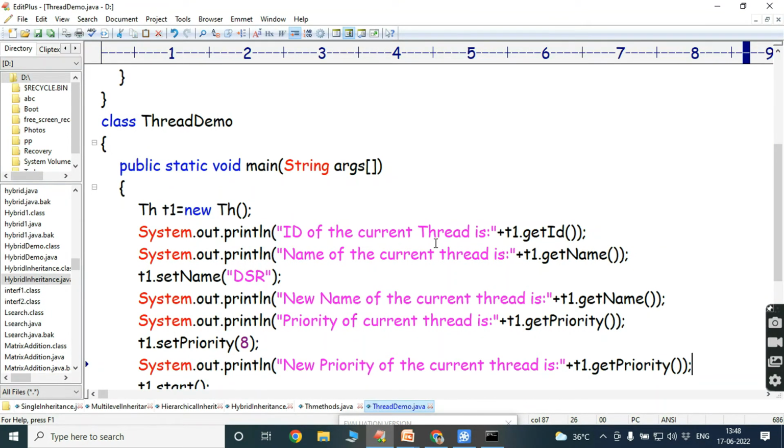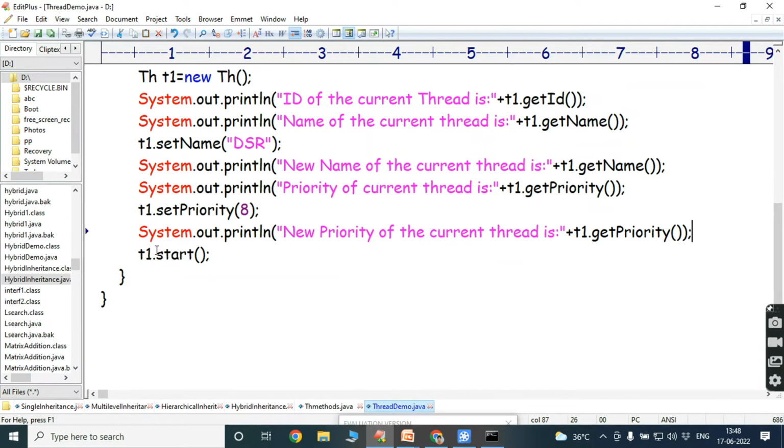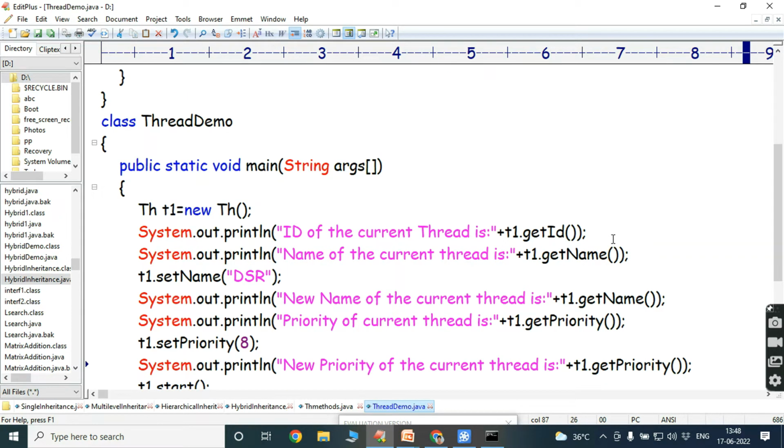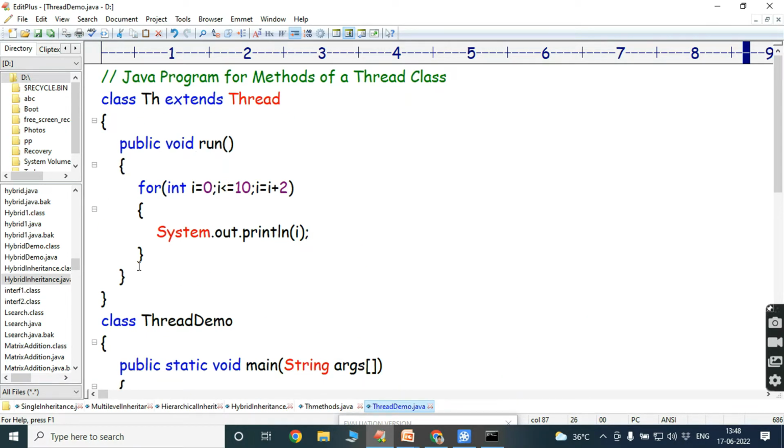So up to now, what are the methods we are using? First one is the start method, second one is the run method, third one is the getId method, and fourth one is the getName method, and fifth one is the setName method, and the next one is the getPriority method, and the next one is the setPriority method. Okay, now we have to use the sleep method. So here the thread is running. So here to use the sleep method,